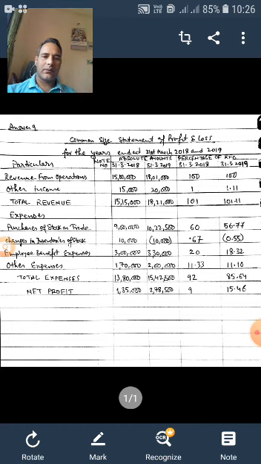So this is how we do common size statement of profit and loss. When you people are attempting common size balance sheet, just keep in mind that it is the same thing that you have to do, but only in the balance sheet all the figures will be represented as a percentage of the total of the asset side or the liability side, basically as a percentage of the total of the balance sheet. That's it. This is what we do while making common size statements.